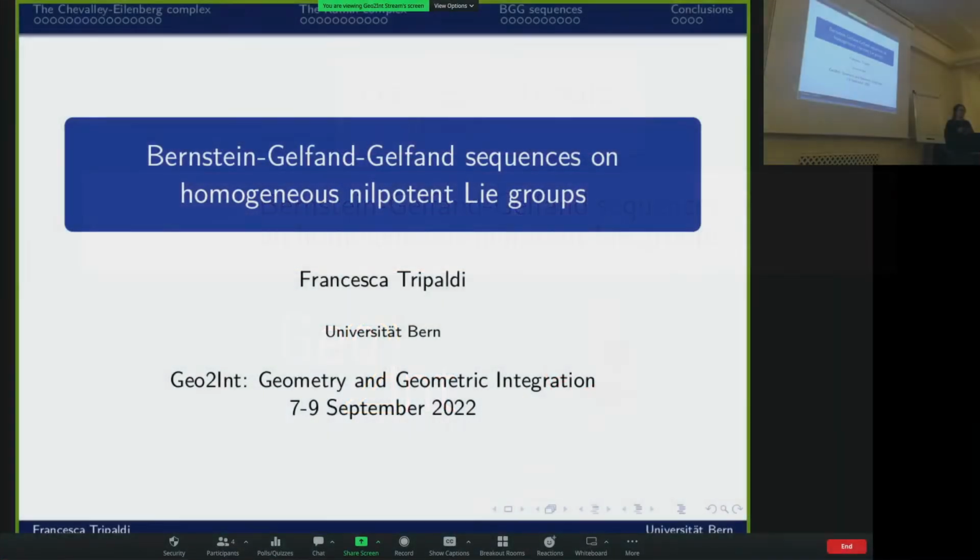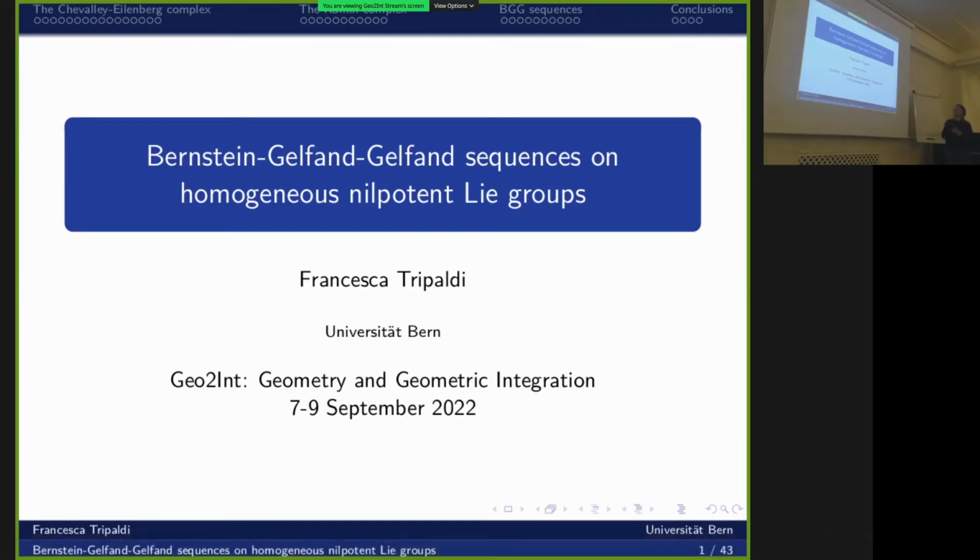Some subcomplexes that arise in homogeneous nilpotent Lie groups. To be honest, I don't know how insightful this is going to be for people who have not seen any kind of subcomplexes before, but I'll try my best. The idea I would like to convey is that historically there's been a construction called the